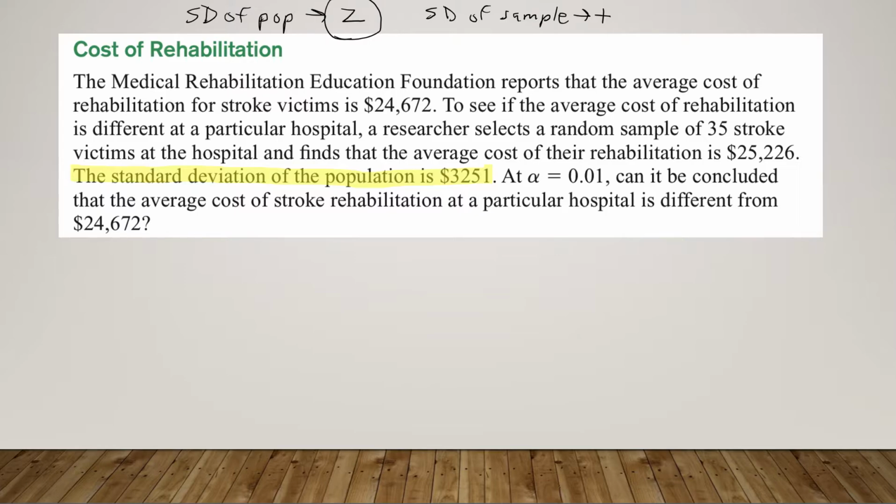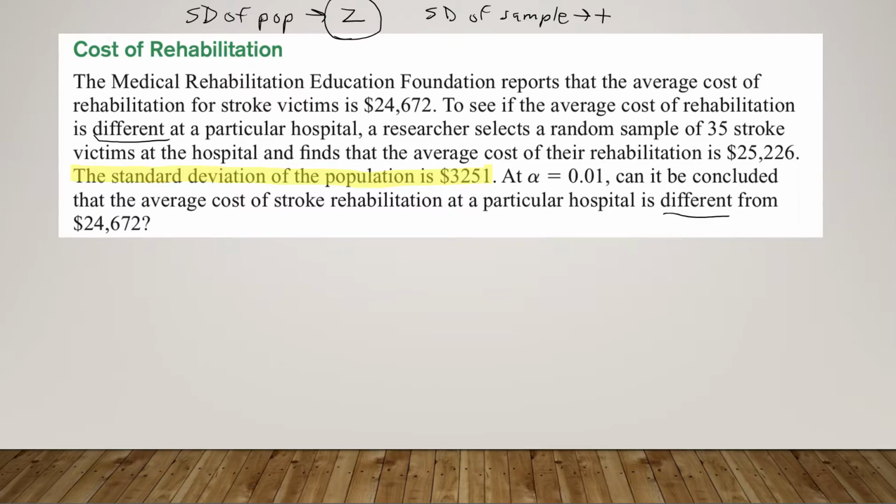So it says the Medical Rehabilitation Education Foundation reports that the average cost of rehabilitation for stroke victims is $24,672. To see if the average cost of rehabilitation is different at a particular hospital, a researcher selects a random sample of 35 stroke victims at the hospital and finds that the average cost of their rehabilitation is $25,226. At alpha equal to 0.01, can it be concluded that the average cost of stroke rehabilitation at a particular hospital is different, and there we got that kind of keyword again, from